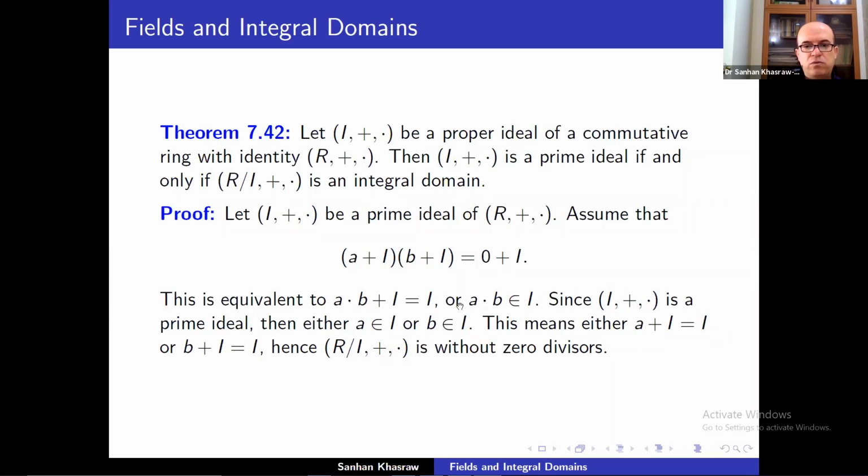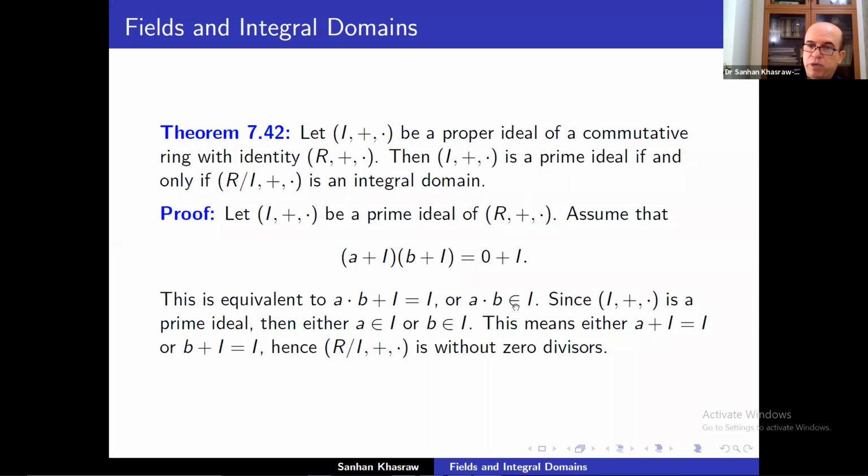This is equivalent to A times B belongs to I. Again, this part is related to group theory because our ring with addition is a commutative group, and in a group, A star H equals H if and only if A belongs to H. Here I have A times B belongs to I, and our ideal is prime, then